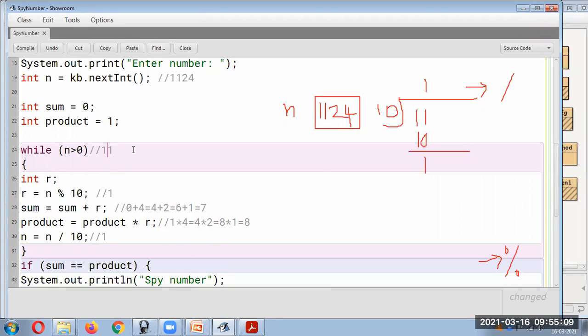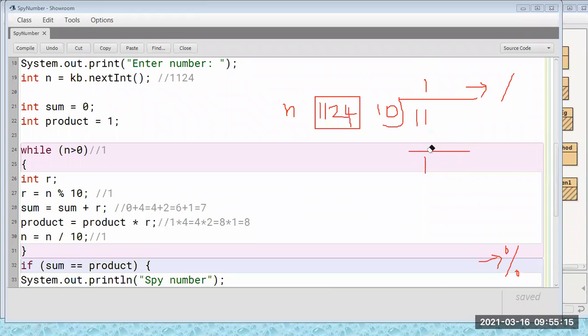So now the next iteration, this will be 1 mod 10. If you try to erase, you will get 1 only. The remainder is also 1, and the quotient you will get is 0.